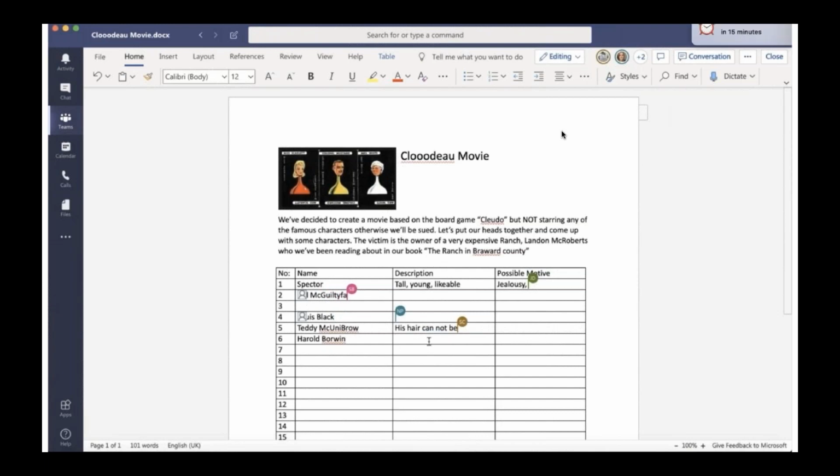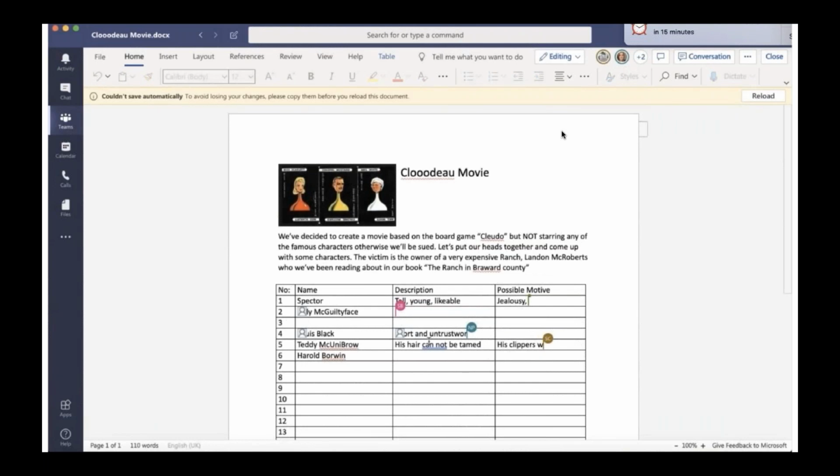We can make mentions or give directions as needed. And you'll notice at the top, there is also a conversation function built straight into the document. This allows for relevant chat and dialogue to take place without having to leave this document and open up another chat box. A really nice feature and a really nice way that you can see groups of learners working together.